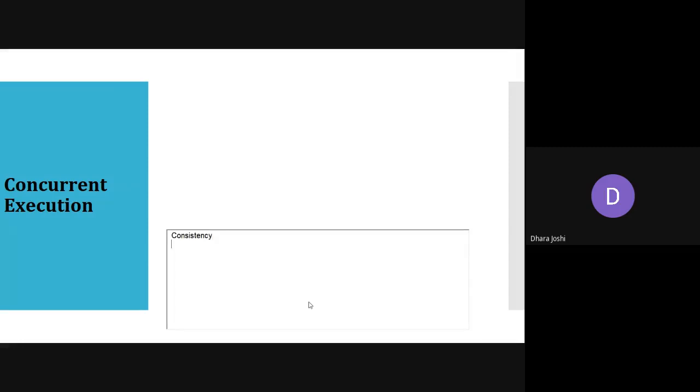Can anyone say, if I am writing a transaction like this, transaction 1, where I read the value of A, make some change in A, like A plus 50, write the value of A into the database, then read the value of B, update B, and write the value of B. If this is how I write my code, is it possible that any kind of error or any kind of inconsistent state can occur? Any one of you?